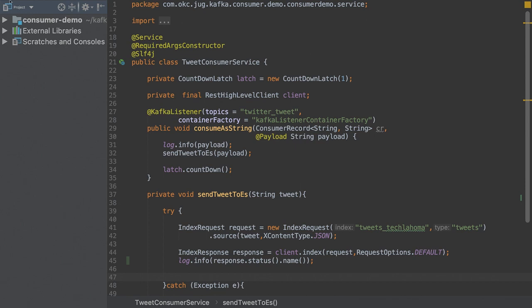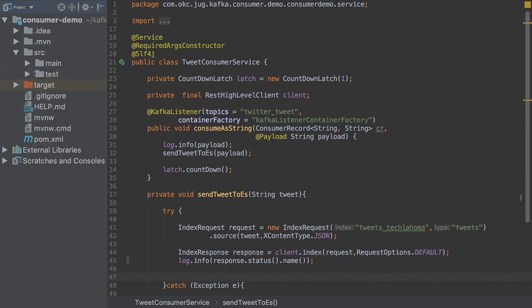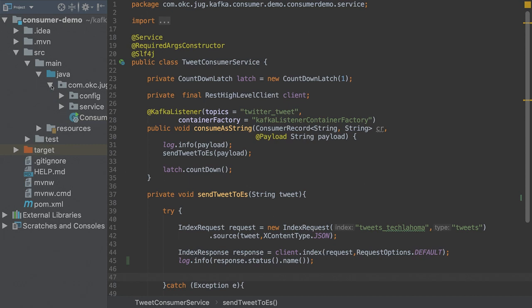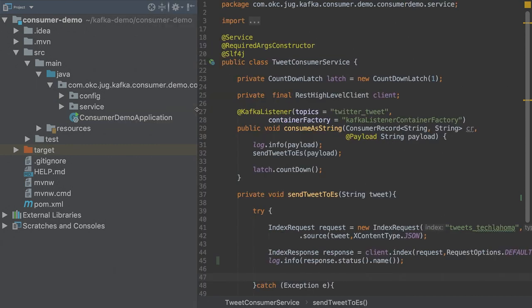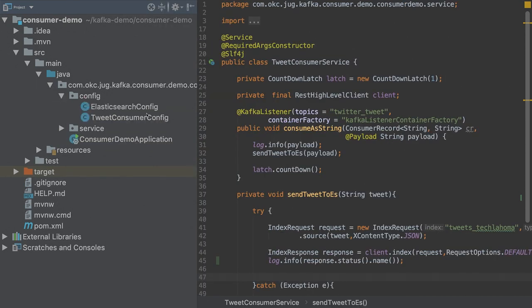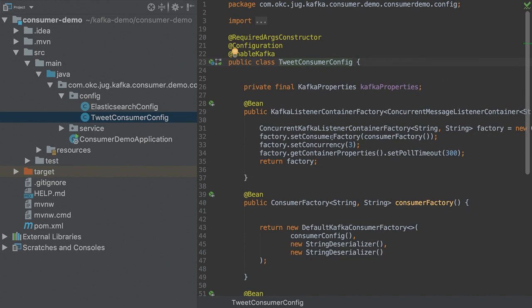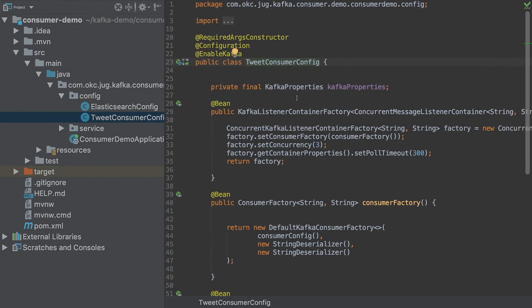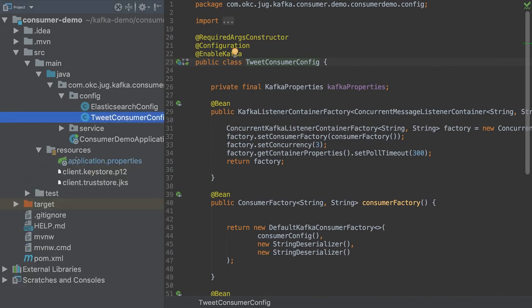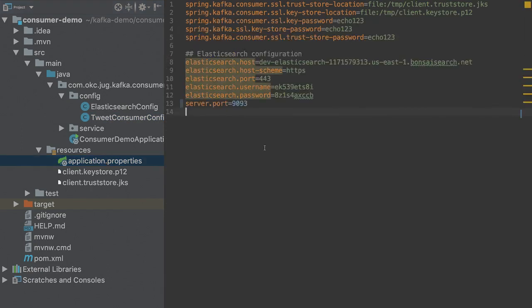Okay, so I have a tweet consumer service. I have a bunch of configuration here. I have an Elasticsearch configuration where I'm basically connecting to Elasticsearch, and then a Twitter configuration, which comes with a bunch of options and reduces a lot of work. As you see, I'm using Spring Boot's Kafka properties. You can just put most of your configuration information in the Spring Boot properties file, and then in